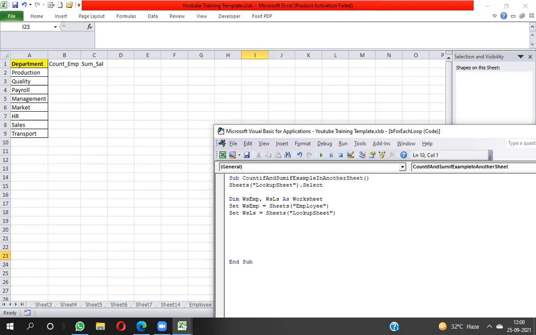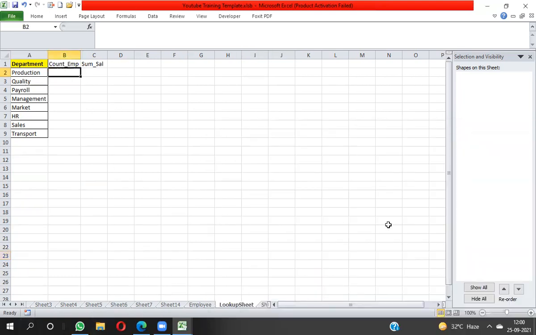Now what I have to do here, I need to set the range. So what range do I have to set? Here first I'll let you know how we can apply the COUNTIF manually. You can see here COUNTIF. In this COUNTIF function, you have to pass two parameters, range and criteria.